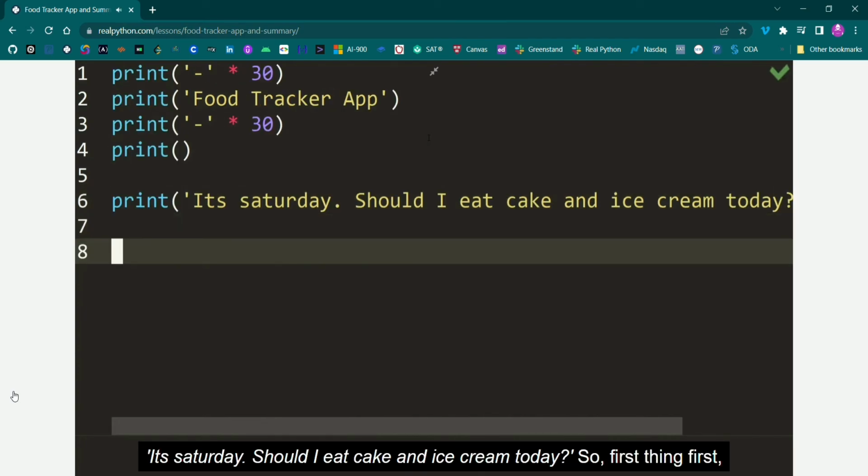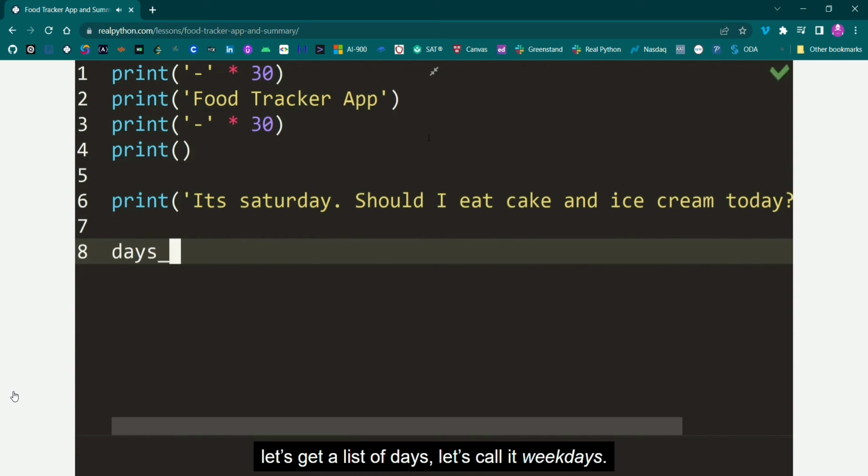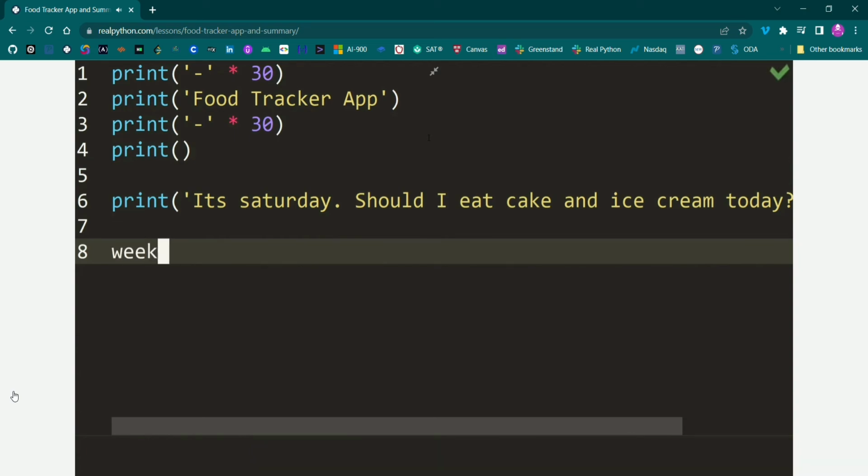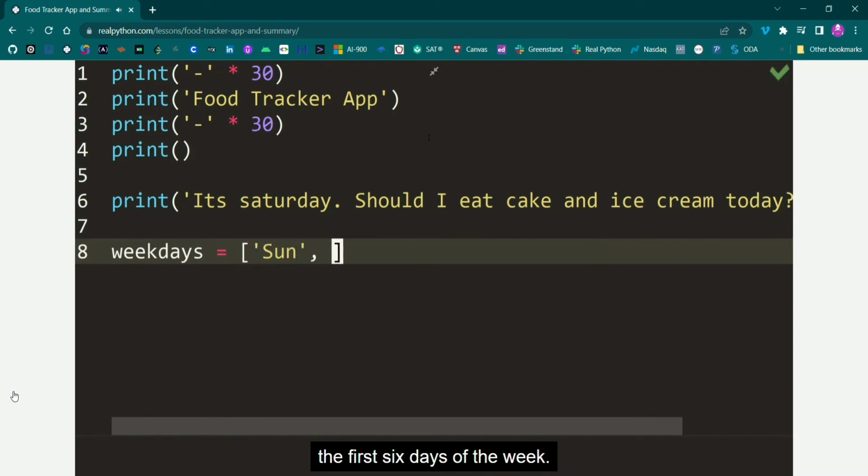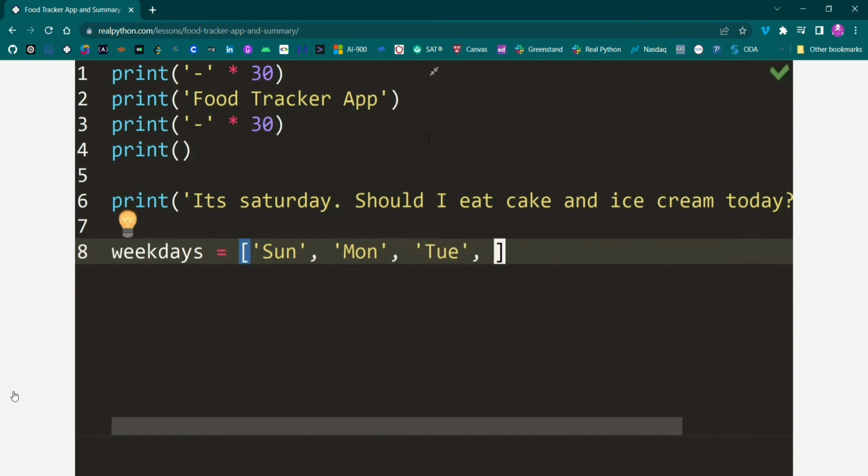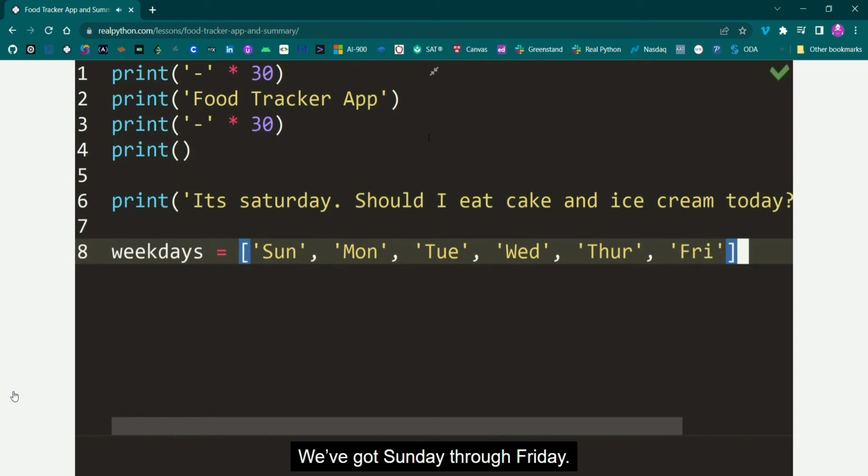So first thing first, let's get a list of days. Let's call it weekdays. We're going to put the first 6 days of the week. So we've got Sunday through Friday.